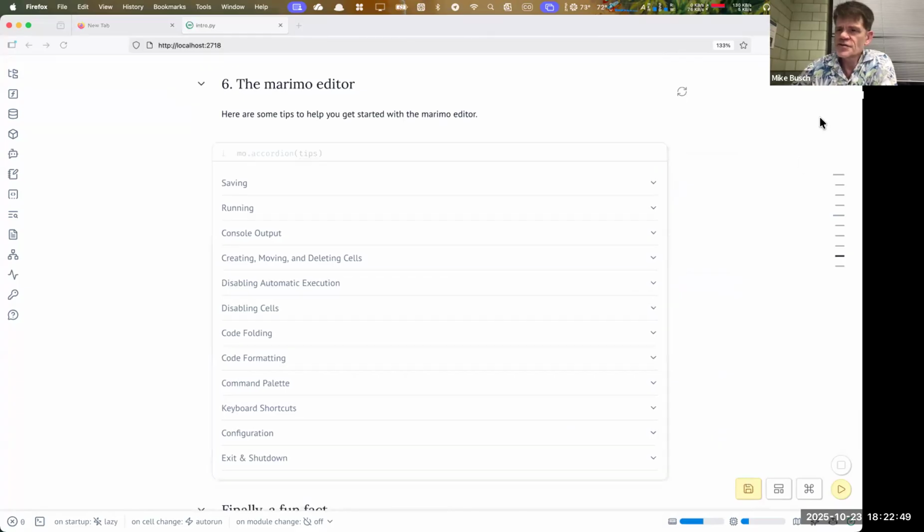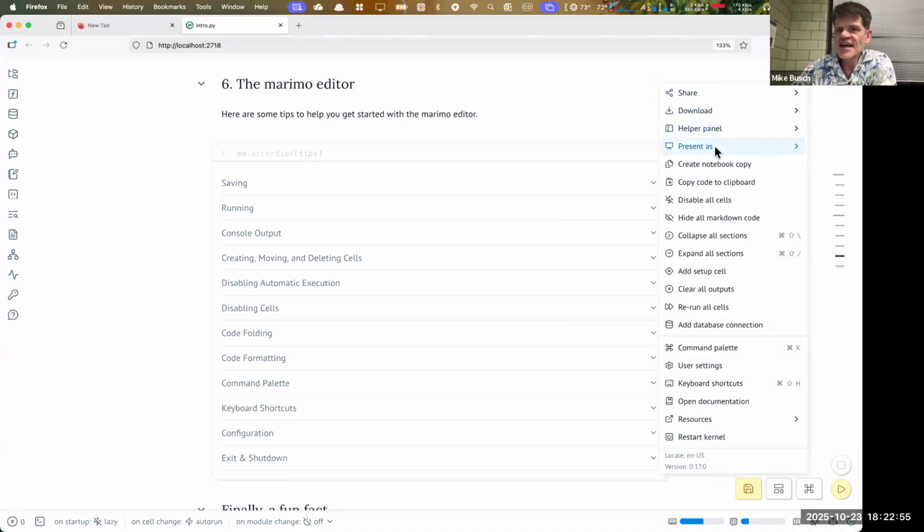And then I'm really intrigued also by over here, present as, and I can have it present as slides. I tried that a little earlier with the regular lecture notebook, and it worked okay. It wasn't exactly formatted correctly, so I probably won't do that tonight, but I probably will for the rest of the lectures. They'll make it flow a little bit better. But anyway,